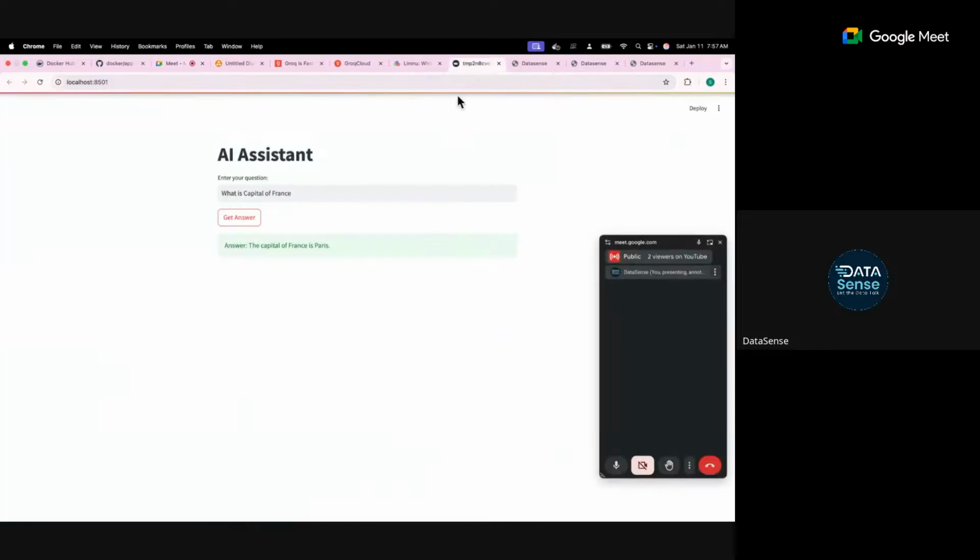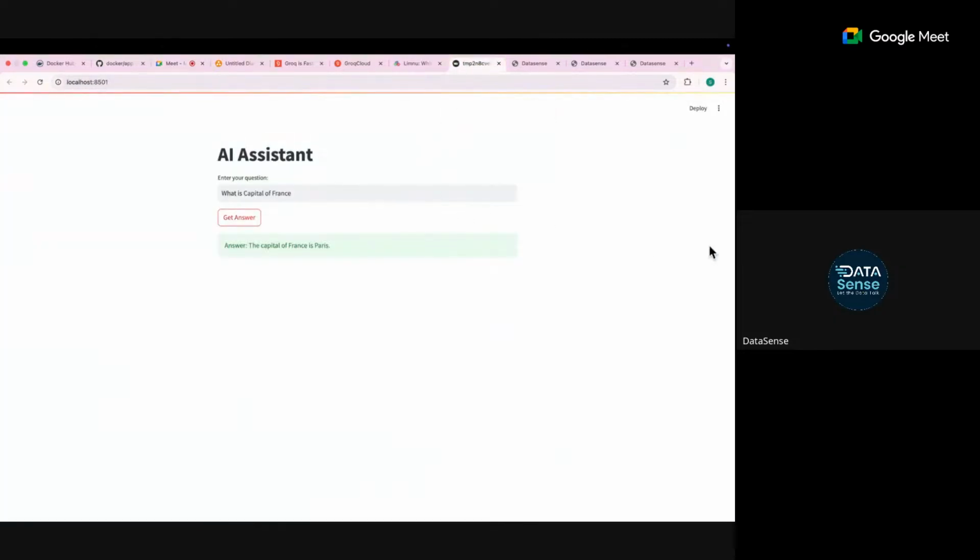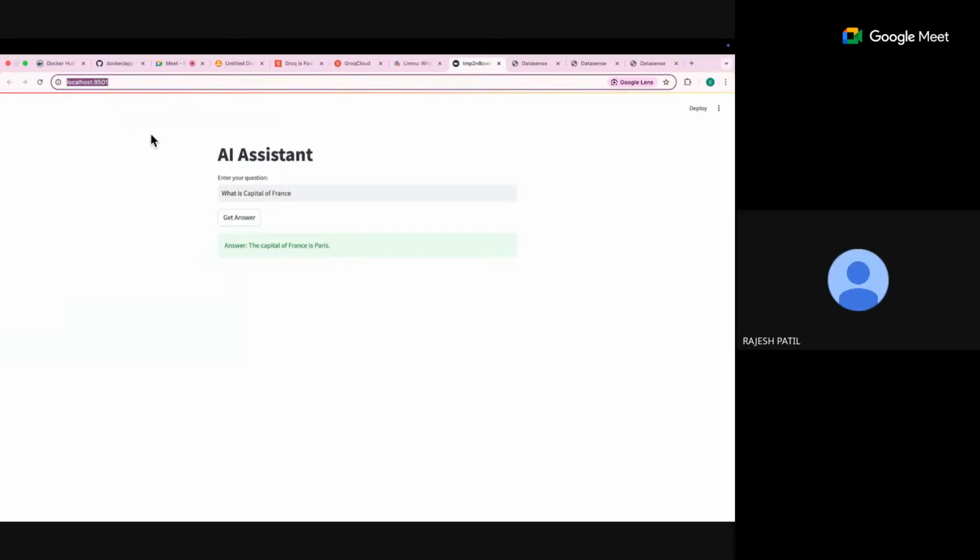For example, this chatbot that I developed right now, if I share this link with you, will this link work on your systems? Tell me. No, it will not work. Okay, let's say I convert this into a proper link that is accessible to everyone. It might work initially, but the moment I close my laptop, because this code is running on my laptop, this link will stop working.